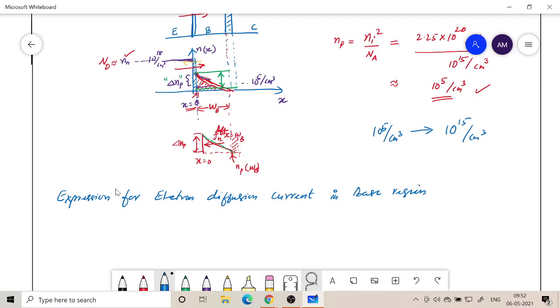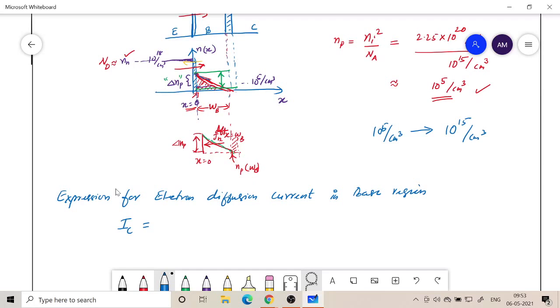This diffusion current, all the electrons which are going to get into this collector base junction, they will get collected into the collector region. So if you can find out this diffusion current through the base region, we will get the expression of the collector current. So I will call it as the collector current. So this collector current is going to be given by